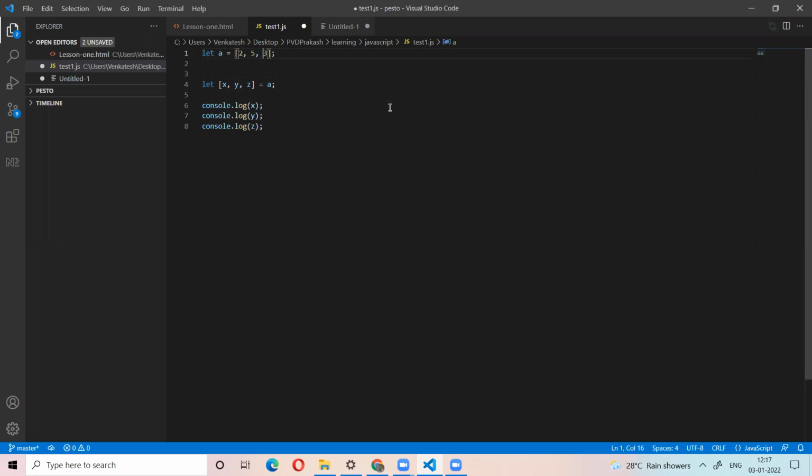Okay. Now we have destructing of the object. For example, I have the object. Now you want to destruct the user object into variables. Then you need to define like this.